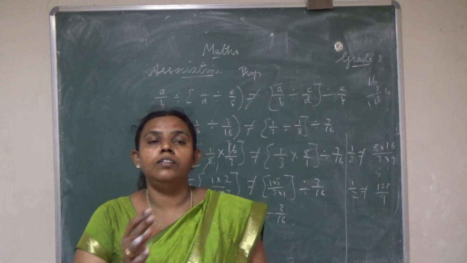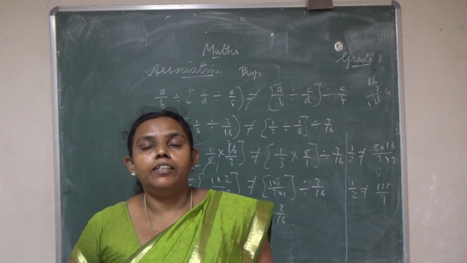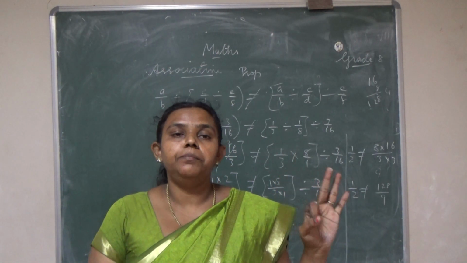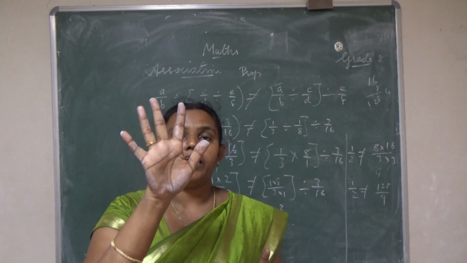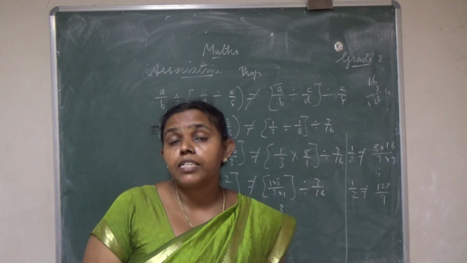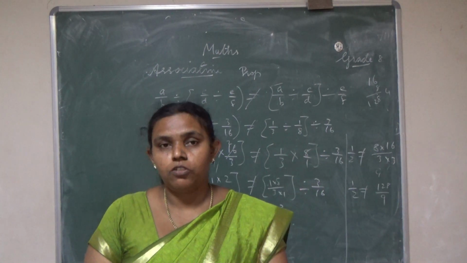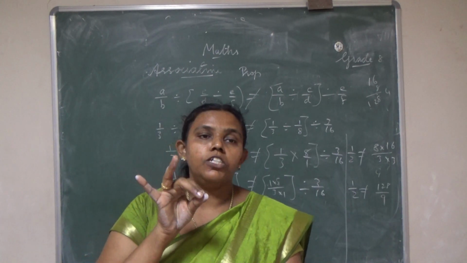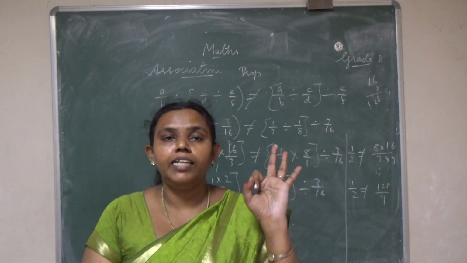Okay, today's lesson I have completed. So listen, we are learning the properties of rational numbers under addition, subtraction, multiplication, division. For addition, how many properties did we learn? Five. What are they? Closure, commutative, associative, additive identity, additive inverse. For subtraction we learned three properties. What are they? Closure, commutative, associative. For multiplication, again we learned five properties: closure, commutative, associative, multiplicative identity, multiplicative inverse. For division, again we learned only three properties.